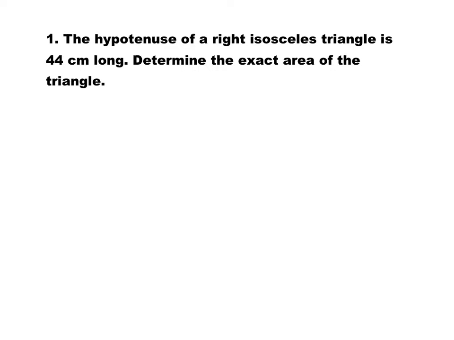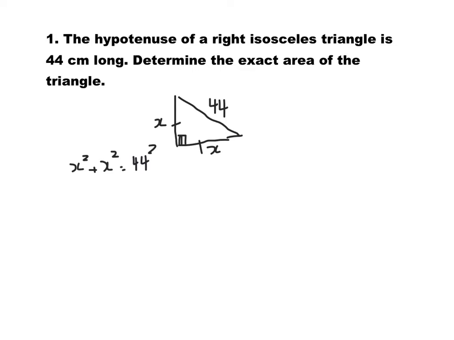Since the hypotenuse is the longest side, this means that the two legs have to be equal, meaning this and this are equal, and this is 90 degrees. Now we know the hypotenuse is 44. Let's say this is x, this is x. Then by the Pythagorean theorem, x squared plus x squared is equal to 44 squared. So 2x squared is equal to 44 squared, or x squared is 44 squared divided by 2, or x, if